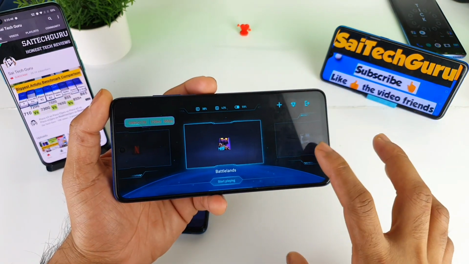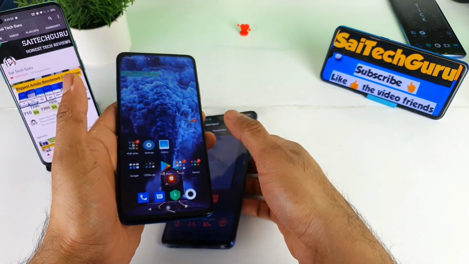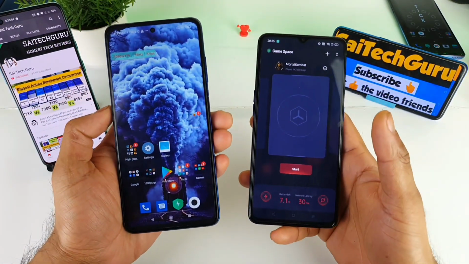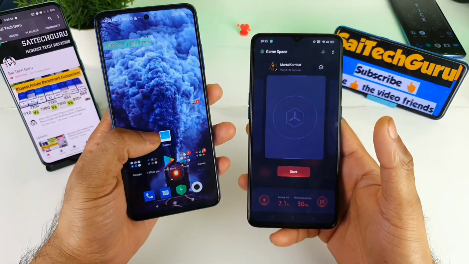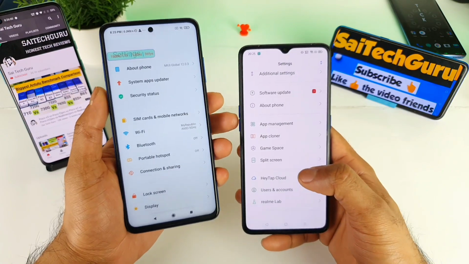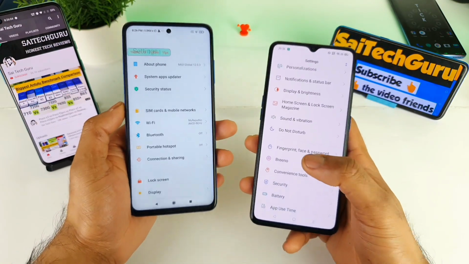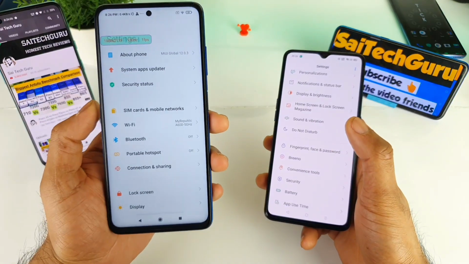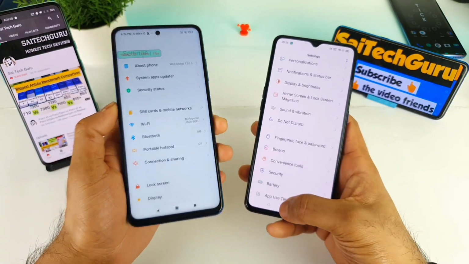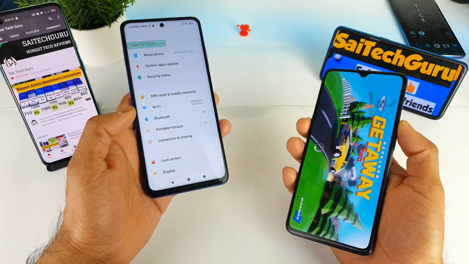So these are the overall review about these applications. Definitely having this kind of features helps a lot in the Poco X3. All the options are available, keeping the gamers in point. That's a very good thing in the Poco X3 device. That is what I like. They did not even compromise anywhere about the gaming in the Poco X3 smartphone. So now let's get started with the gameplay comparison between both of the smartphones.